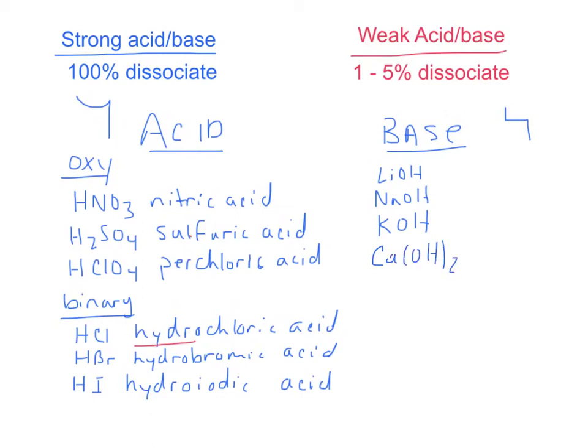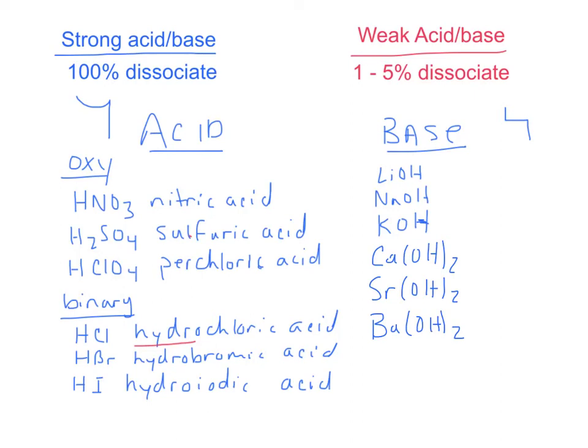Strontium hydroxide and barium hydroxide. Now I didn't write the names of these out, but I think you could handle that. Alright, so I need to know my 6 strong acids and 6 strong bases. Most hydroxides, by the way, will dissociate in water. A lot of them are not soluble or don't like to be soluble, but most of the Arrhenius ones are